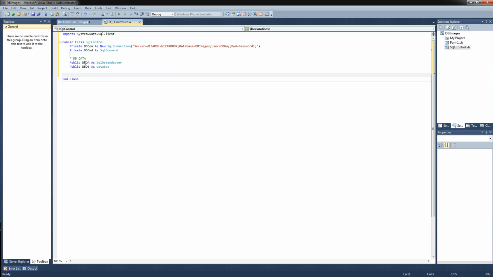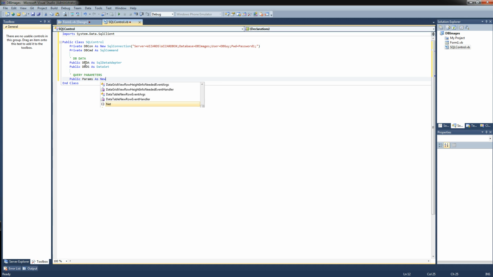Alright, and now we're going to set up our query parameters. These are very important for maintaining data integrity and preventing SQL injection attacks. I highly recommend using them. They're not a requirement, but you should definitely get used to using them. Very important. So I'm going to set this as a public params